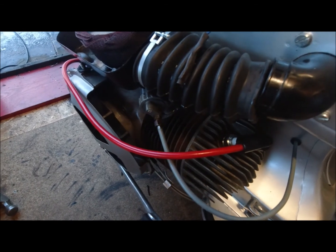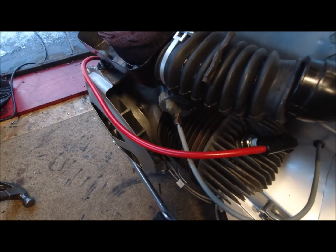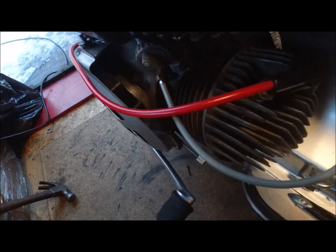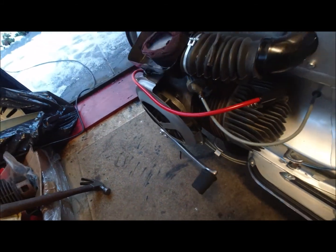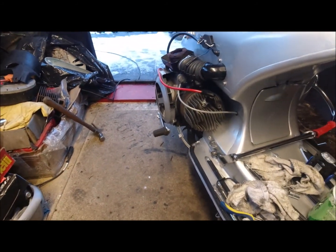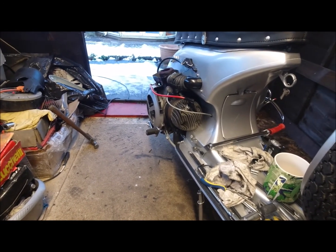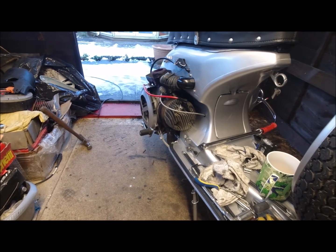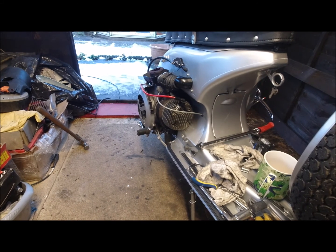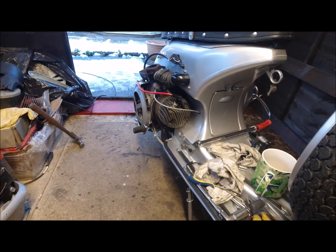I don't want to keep dragging out videos too long so that people watch for 5 minutes and then switch off getting bored. But you can actually see, look in there, the cylinder head, etc. They were all good. Like I say, piston and barrel, when I checked the clearances on it, were superb. It looked like the guy had the engine rebuilt and then stopped using it. And like I say, I swapped all the bearings out anyway to be on the safe side, and oil seals. But apart from some cables that have stretched, which I expected them to,